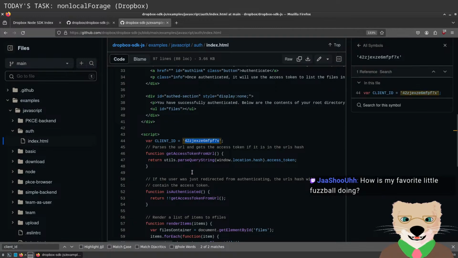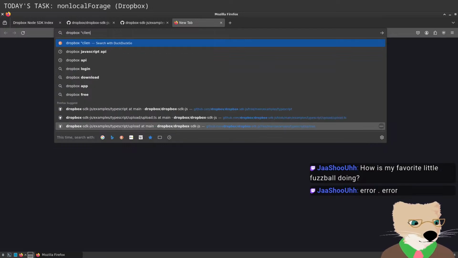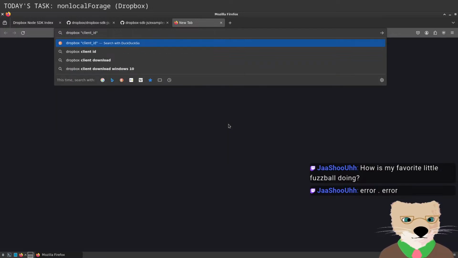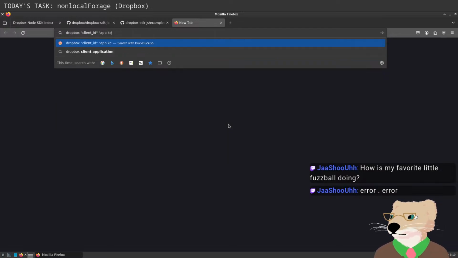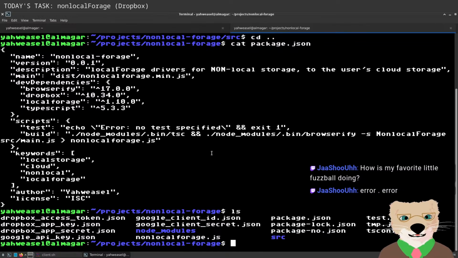I don't want to just trust that I know what the client ID is. App key. Are these the same thing? And secret, aka client ID and client secret. Okay, so app key is client key. God, could you be more confusing? Okay, so